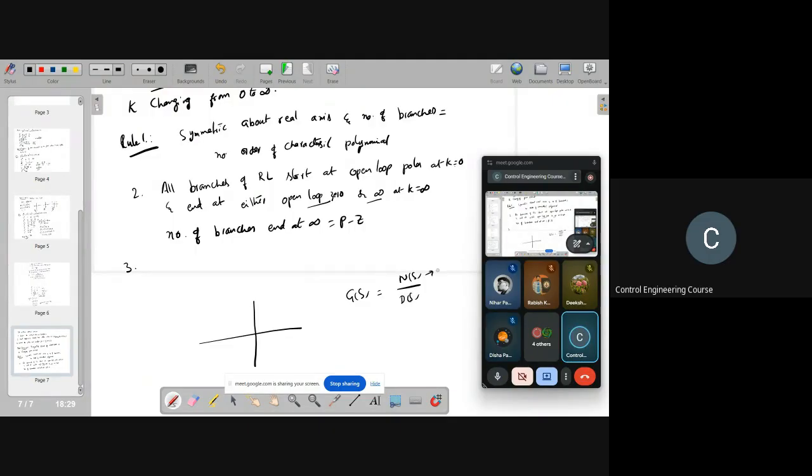So let's say these are all open loop zeros. These are open loop